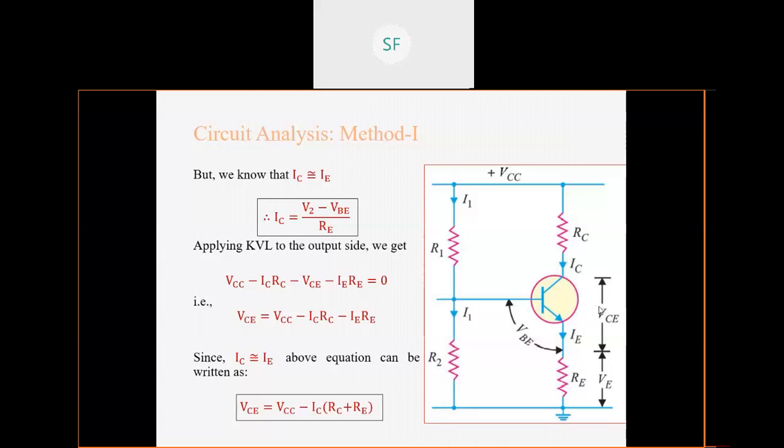Now we need to find out the formula for VCE. So now again we will apply KVL to the output side. Now which is the output side? We will apply KVL to this particular branch. अब आप बोलोगे सर यहाँ पे तो लूप ही नहीं है, यहाँ पे लूप था, यहाँ पे नहीं है. Always remember सप्लाई और ग्राउंड के बीच में, सप्लाई में भी एक ग्राउंड रहता है.